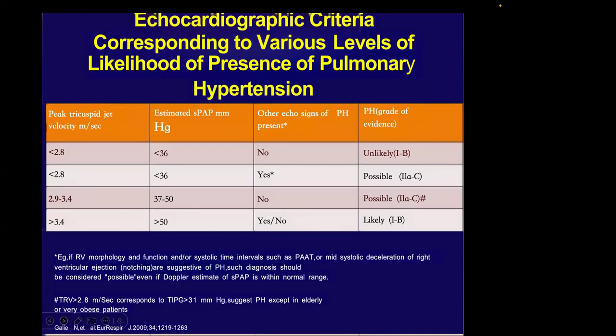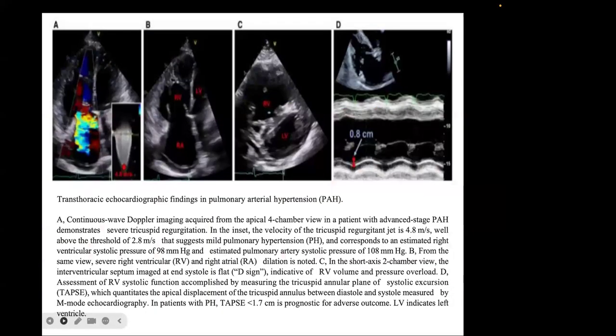TRV more than 2.8 m per second, corresponding to a TRPG of 31 mm of Hg, suggests pulmonary hypertension except in the elderly or very obese patient. Here is the transthoracic echocardiographic finding in pulmonary hypertension. A is a continuous wave Doppler image acquired from the apical four-chamber view in a patient with advanced stage PAH, demonstrating severe tricuspid regurgitation. The velocity of the tricuspid regurgitation jet is 4.8 m per second, well above the threshold of 2.8,